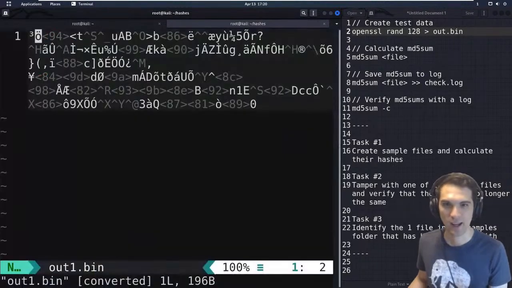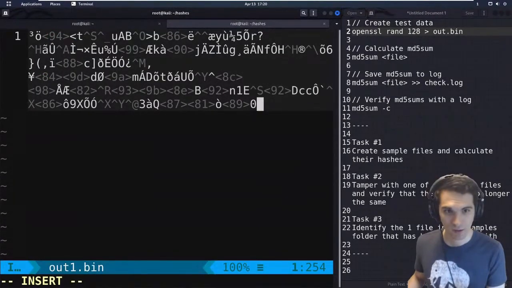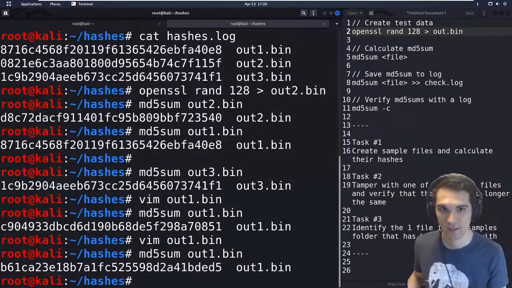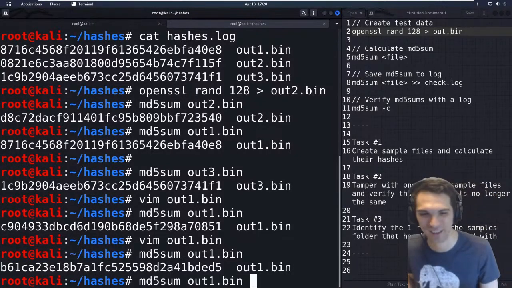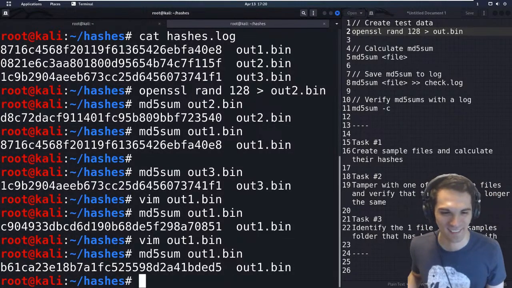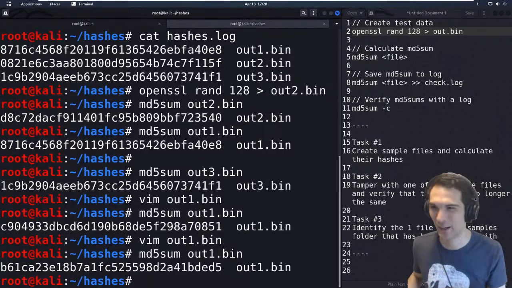I'm going to try and remove that 0. And hopefully, yeah, I think because I opened it up in a text editor in Vim rather than a proper hexadecimal editor, I permanently messed up this file now. But